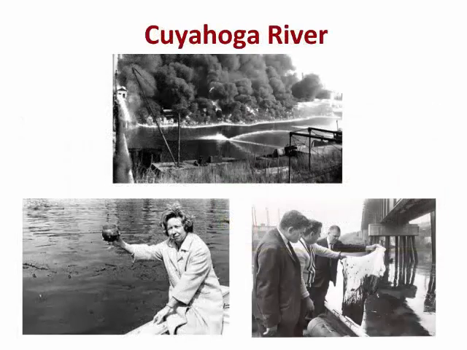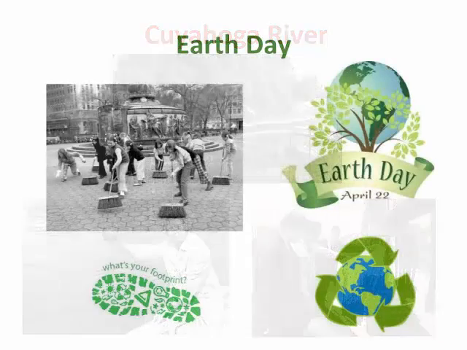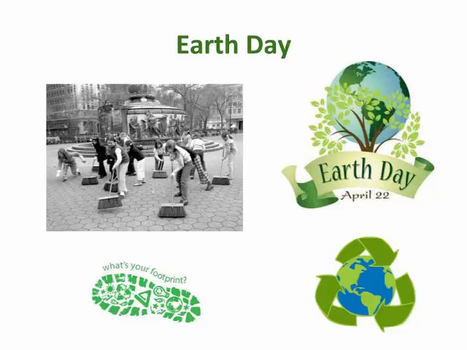Another event that drew public attention to the pollution problems the U.S. faced in the 1950s and 60s was the fire that burned on Ohio's Cuyahoga River in 1969. At the time, the Cuyahoga was so polluted with oil and industrial waste because there were no water regulations at the time that the river actually caught fire and burned for days. In response to these and several other events, the Earth Day movement began with the inaugural Earth Day in 1970. The purpose of this event was to rally public support for governmental action to reduce environmental pollution.